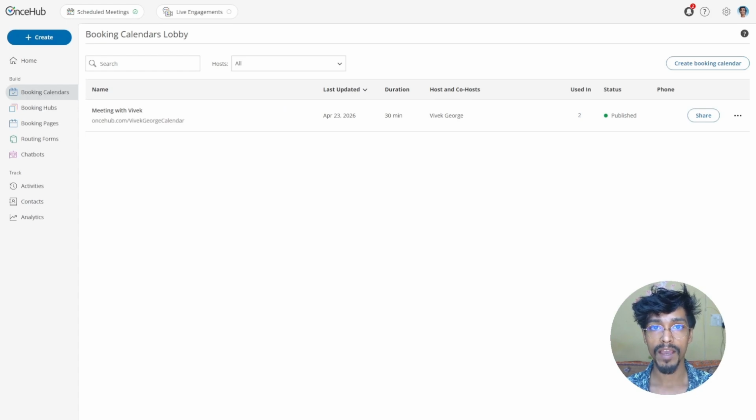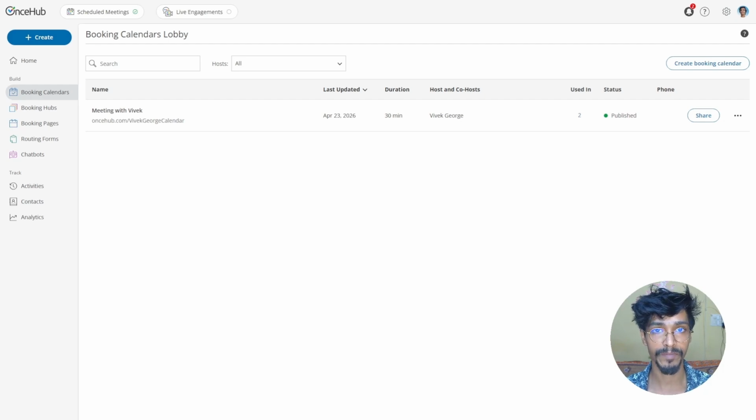My name is Vivek, and today I'll help you set up a Zap for your booking calendars. Zapier allows you to send data from OnceHub to any third party application that OnceHub may not integrate with, but Zapier does. As an example, if you wanted to send data to your CRM, you could consider setting up a Zap with your booking calendars so that the data is automatically sent to your CRM each time a booking is scheduled or the booking status is changed, and this saves on the work for manually having to enter the data